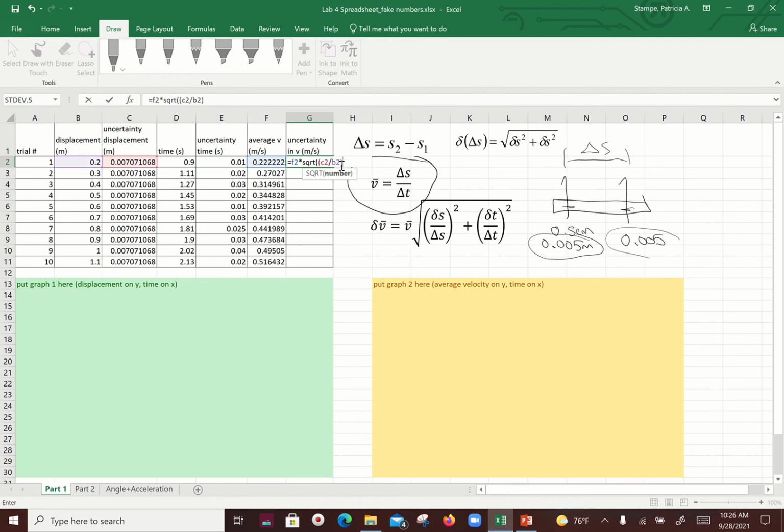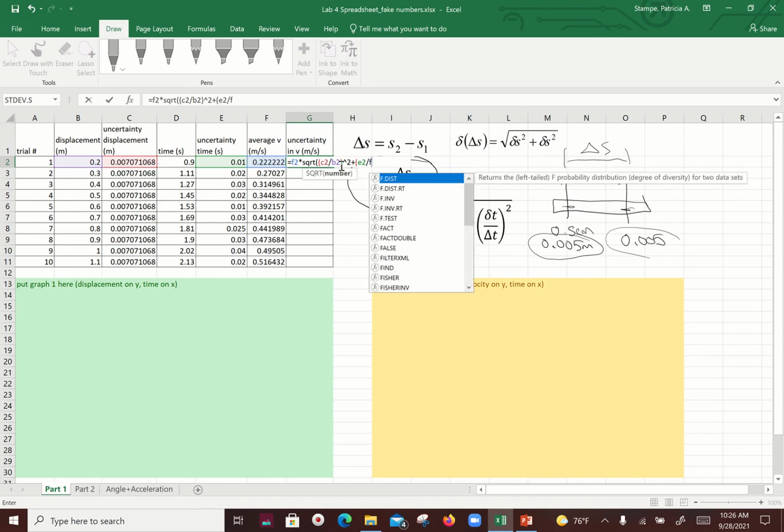And you can see it highlighted those, so I can make sure I'm using the right columns. And then I'm going to do the uncertainty in time divided by the time squared, so it's going to be E2 over